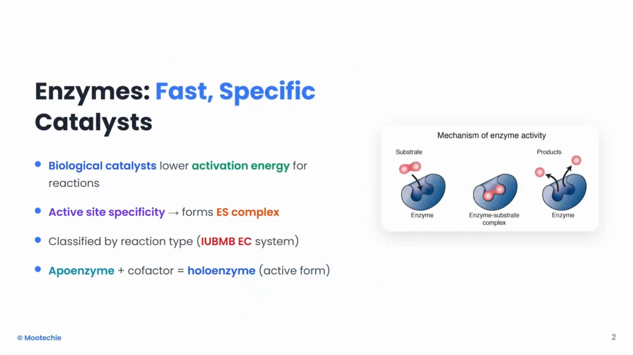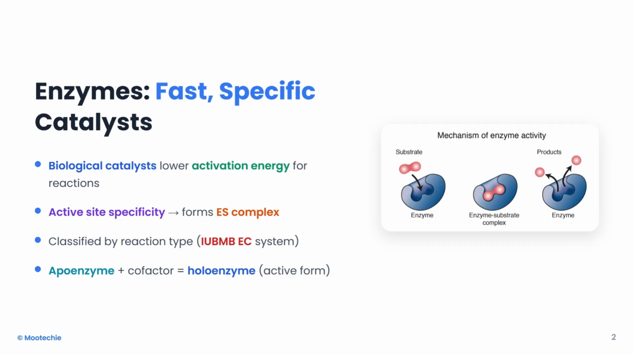Next, we explore what enzymes truly are. Enzymes: fast, specific catalysts. They are biological catalysts, which means they lower the activation energy needed for reactions to happen. They do this with incredible specificity at their active site, forming what's called an ES, or enzyme substrate complex. They are officially classified by the reaction type using the IUBMB EC system. And a crucial point: an apoenzyme, which is a protein part, plus a cofactor equals a holoenzyme, which is the